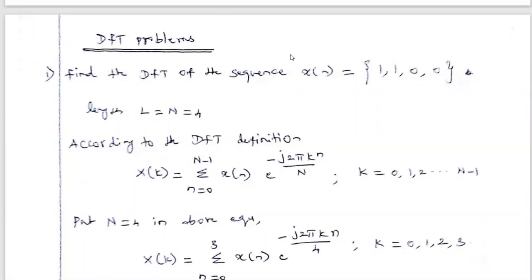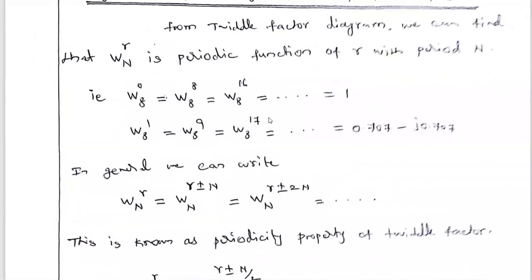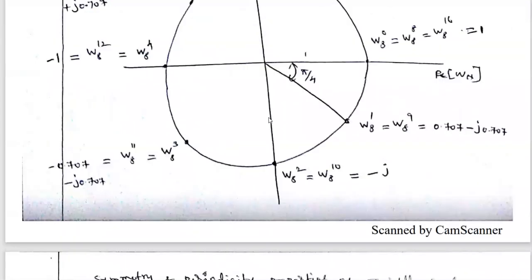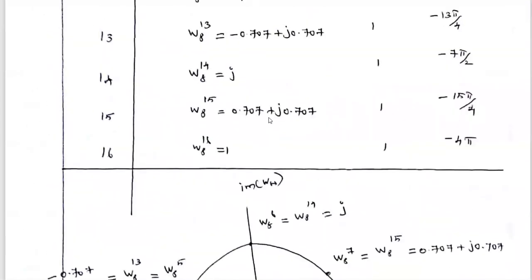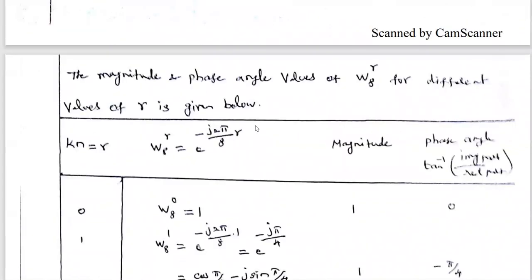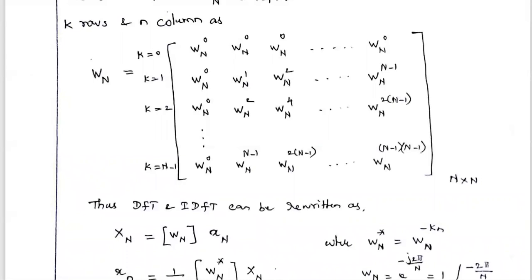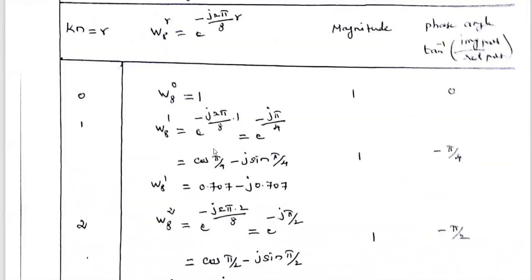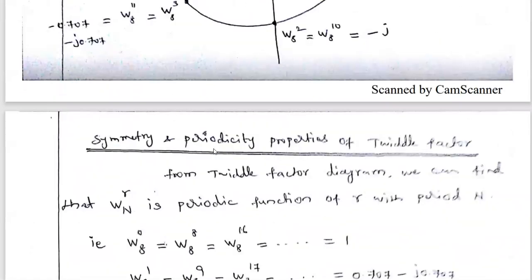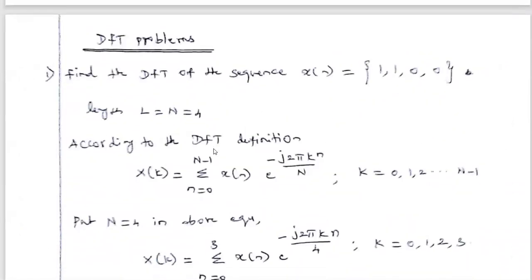Okay, so in the previous video we discussed the formulas used to find the DFT of a discrete sequence in the direct evaluation method, as well as how to calculate the twiddle factor. In the twiddle factor method we can also calculate the same DFT problem. We derived the 8-point twiddle factor matrix in the previous video. Now we are going to solve problems related to this DFT.